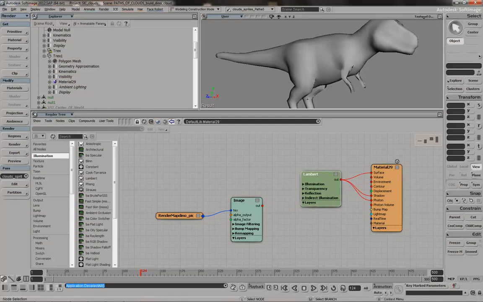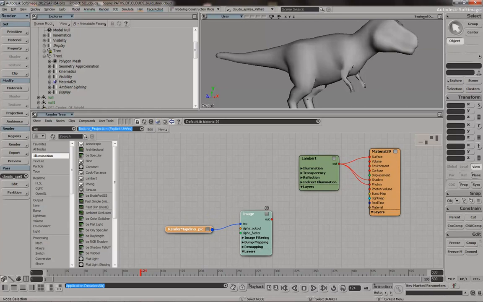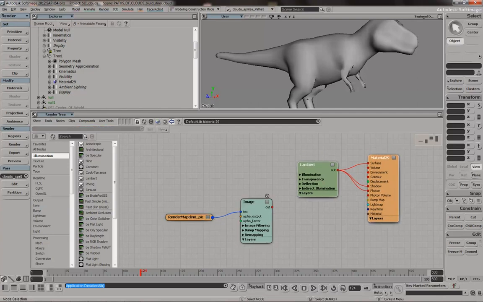Hello again. I noticed in the last video I recorded that you can't see the mouse, so I was indicating a lot with the mouse, so I'll try and bear that in mind in this one. So this one was